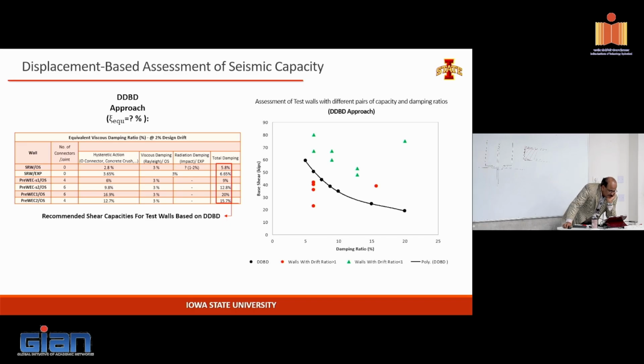The hysteretic action gave 2.8 and 3.65, so those are pretty small numbers. We assumed a viscous damping, and the radiation damping we were trying to quantify. So those walls didn't have more than 5-6% of damping. For the Prevex system, the hysteretic action went all the way to 16.9%. So you put in 18%, but that doesn't mean the earthquake will maximize all 18%. The number 16.9 tells you that it's actually performing to the expectation